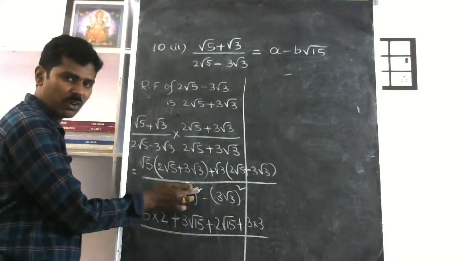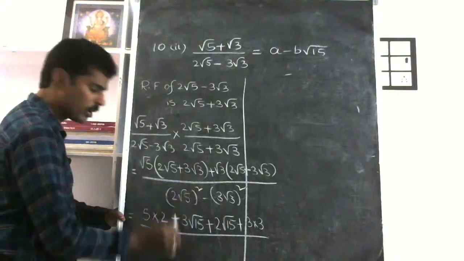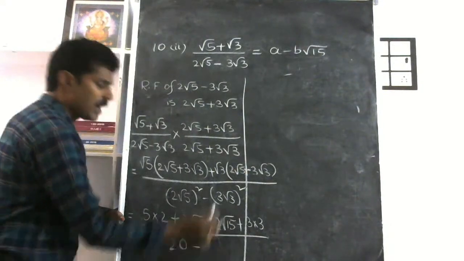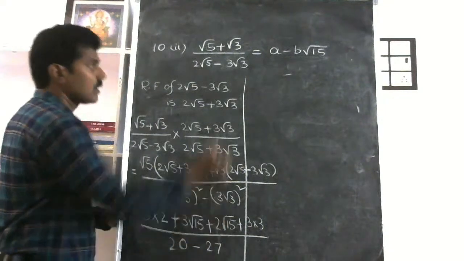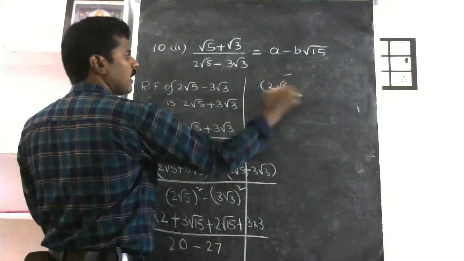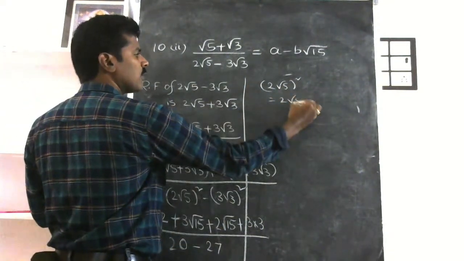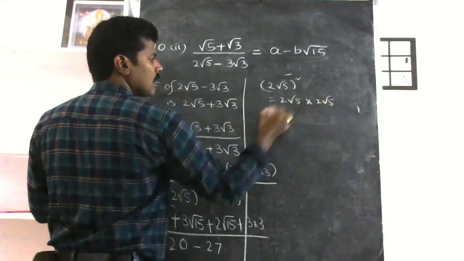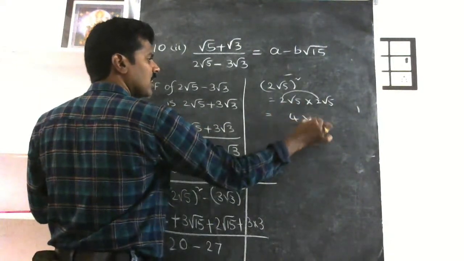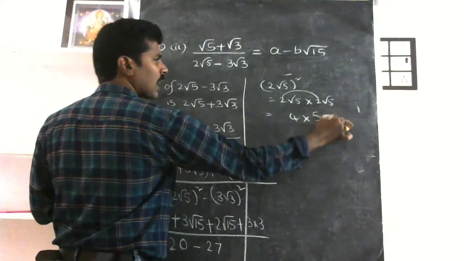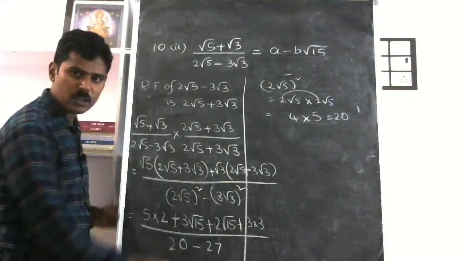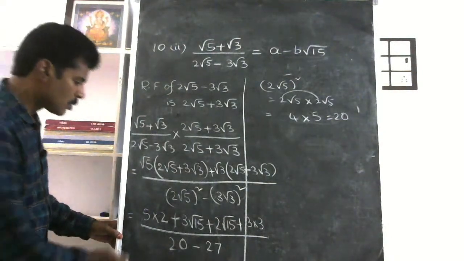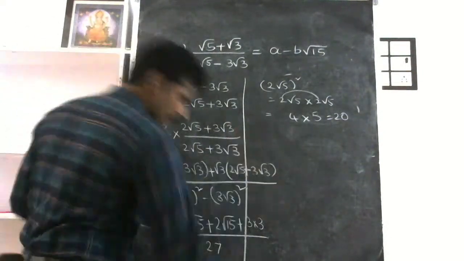2 square is 4, √5 square is 5, 4 into 5 is 20, minus 3 square is 9, √3 square is 3, 9 threes are 27. Here (2√5) whole square is nothing but 2√5 into 2√5. That means 2 twos are 4 into √5 square becomes 5, so 4 fives are 20. So that's why here I'll get 20 minus 27. So the final I will get the answer as